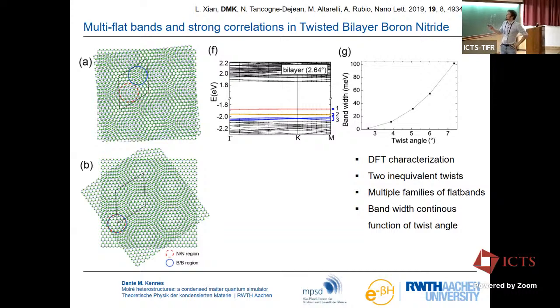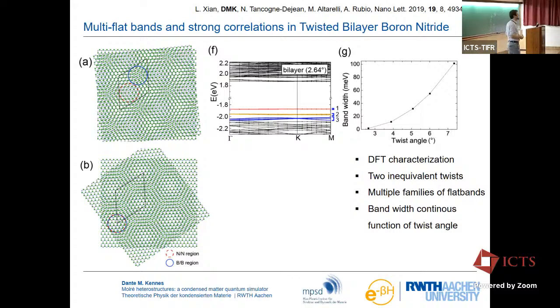All right, so at small twist angles, so this at 2.64 degrees, we see another difference. There are these flat bands emerging as promised. They split off the valence band here. That's good. You want flat bands that are separated from the rest, right? Because otherwise, there's no point in talking about flat bands. But now there are families of flat bands. So if we would go to smaller twist angle, there would be yet another family of flat bands popping up. You see there's red, yellow, blue.